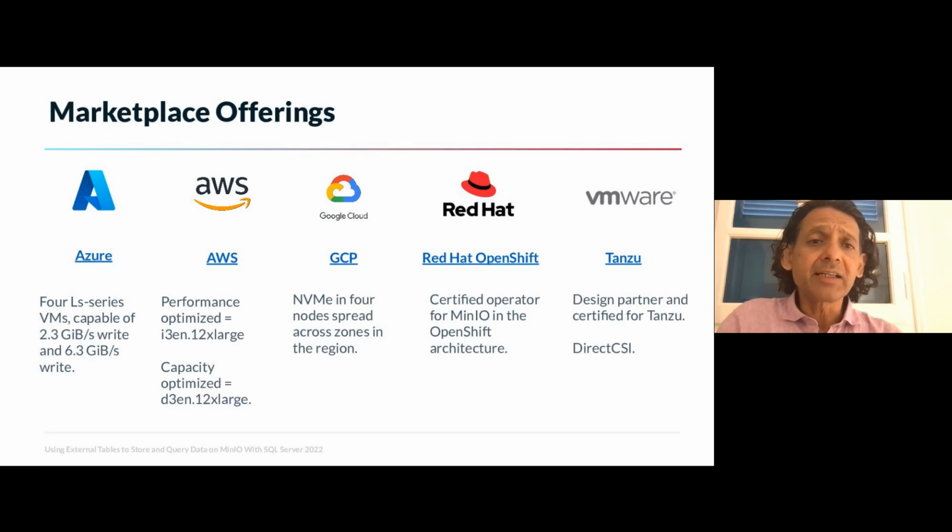MinIO is directly available on almost all major marketplaces out there, whether it be Azure or others. So if your organization has an existing relationship with one of these marketplaces, you can literally download it and run it right